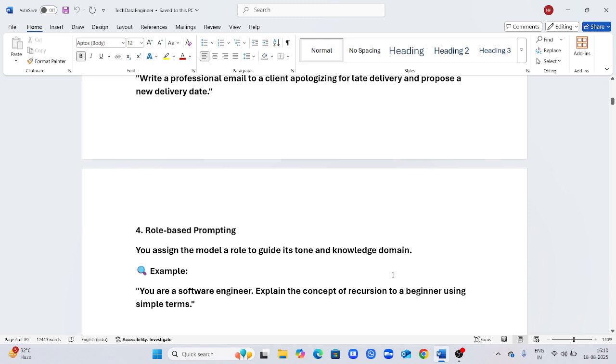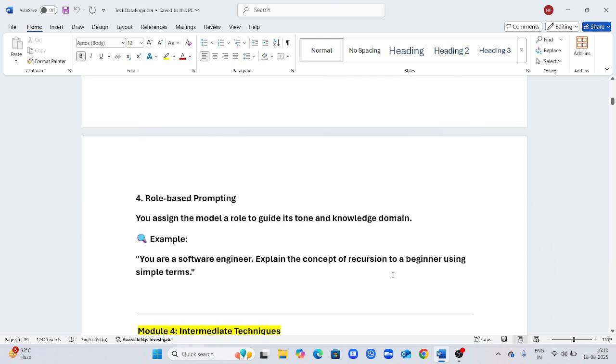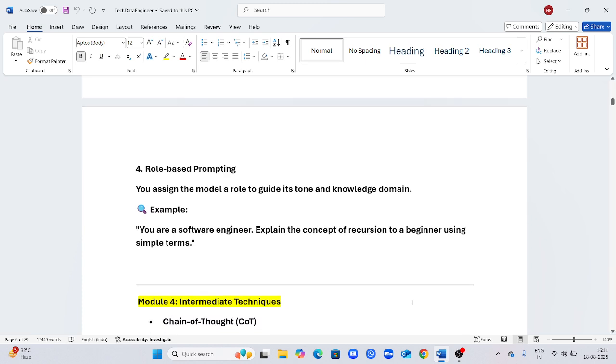What is role based prompting? You assign the model a role and guide its tone and knowledge domain. So you are asking the model to think like a software developer: you are a software engineer, explain the concept of recursion to a beginner using simple terms. So what will the AI model do? The AI model will explain like a software engineer. You can say you are a teacher, you are a lawyer, explain XYZ topic. So it will do it that way. Okay. So if